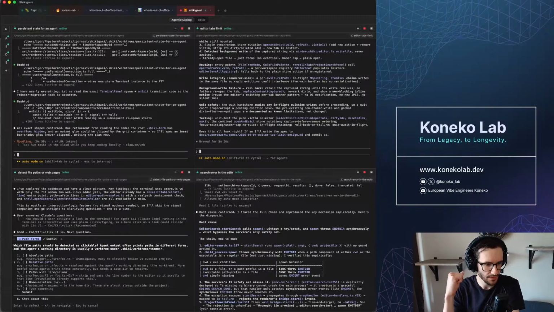Oh, and this is a good question, because maybe for the first iteration only relative paths should be detected. And this will be helpful because you click on it and the app navigates to the editor tab and to the file that you clicked on. Yeah, so let's choose the relative paths for now.